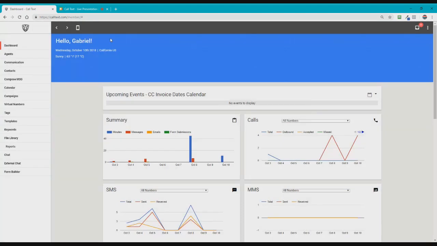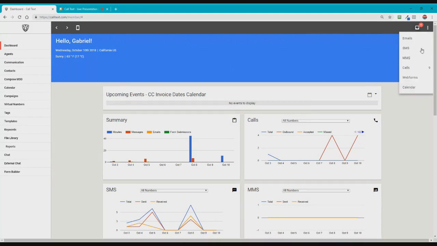and you can click the favorites icon to call your favorite contacts. All right, now this over here is the inbox. What this shows is all of your unread messages, all your missed calls, and all the web forms that you have received, as well as this calendar section will show any tasks that are due for the current day. Okay, so if you have any tasks that are set for the current day,